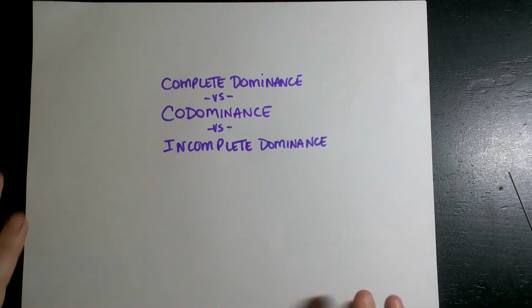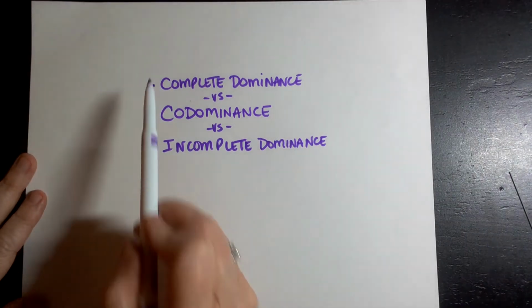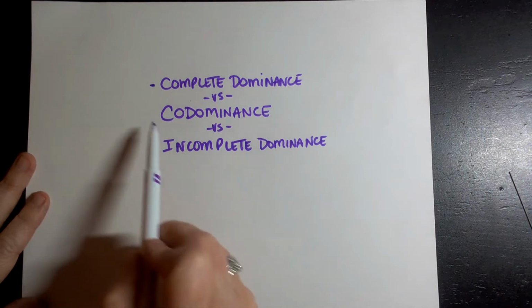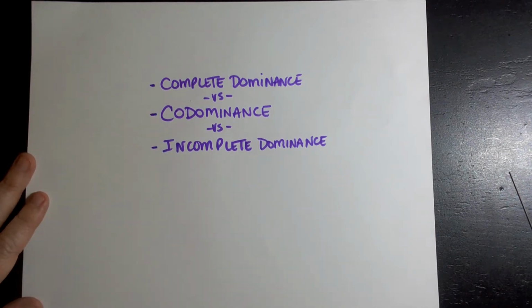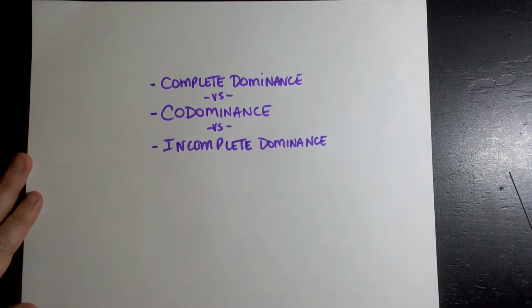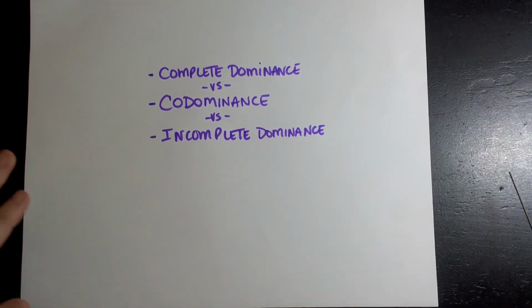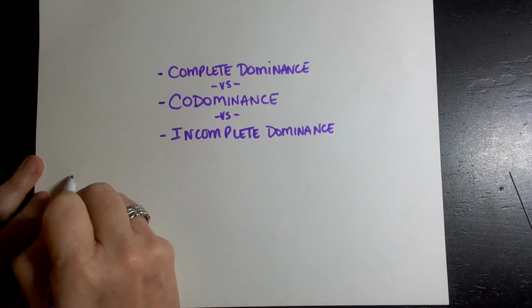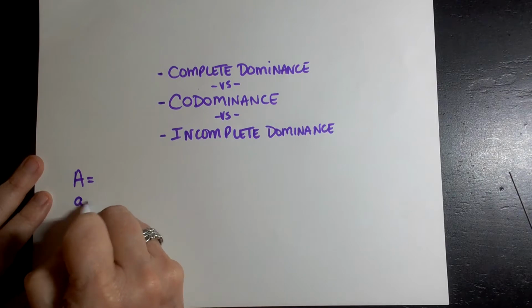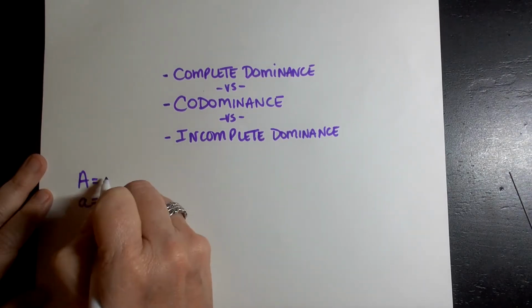Okay, so today we're going to do some genetics, and I'm going to show you the difference between a complete dominance Punnett square, a codominance Punnett square, and an incomplete dominance Punnett square. So you want to keep good notes with this so that you can do your practice problems. All right, so complete dominance is your typical Mendelian dominance, and it's where the capital A might stand for,